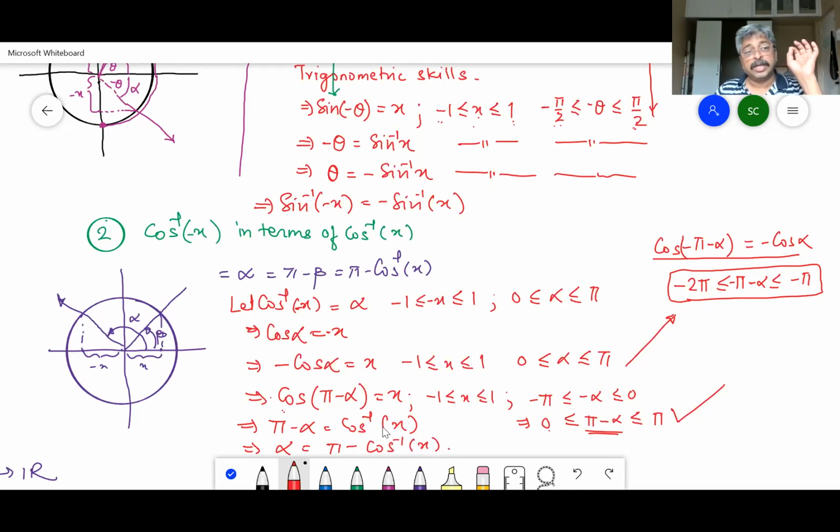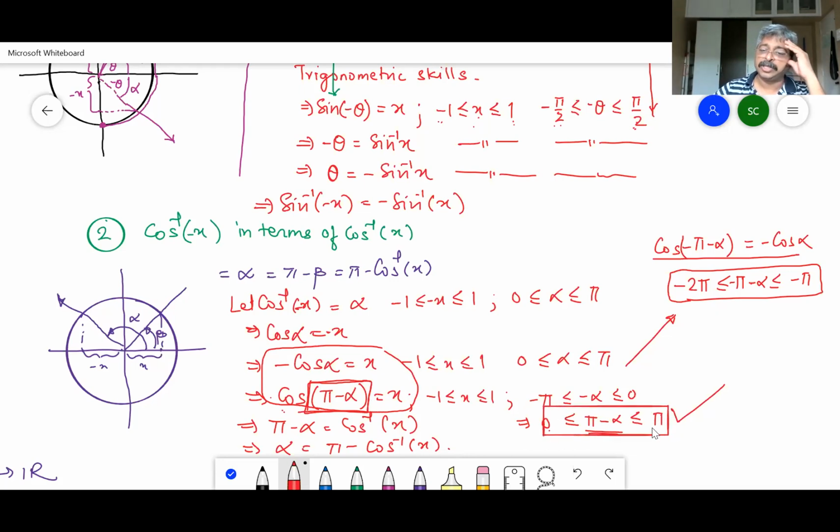Okay, so it is important to consider the trigonometric adjustment in such a way that not only is it a trigonometric adjustment, but the desired angle that you find by it lies in the range of the inverse trigonometric function that you intend to take eventually. That is the skill that we have to develop.